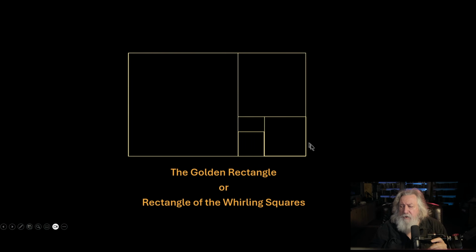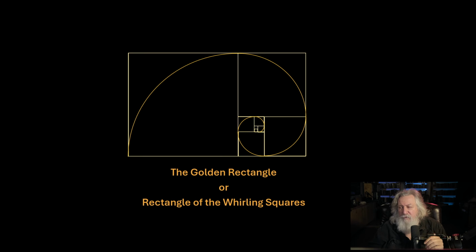Okay, so here we have what's called the golden rectangle, or sometimes the rectangle of the whirling squares. Because once you know how to lay out the golden rectangle with those proper, as they have been called, divine proportions, you can create this logarithmic spiral that looks something like this, that we actually find reproduced in various natural phenomena. So this is the rectangle of the whirling squares, also known as the golden rectangle. It was very important to artists and architects and builders throughout the ages, including, I would suggest, possibly the builders of Stonehenge, because one very prominent place this particular rectangle shows up